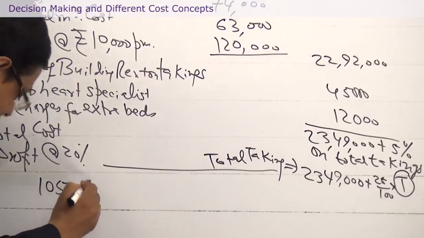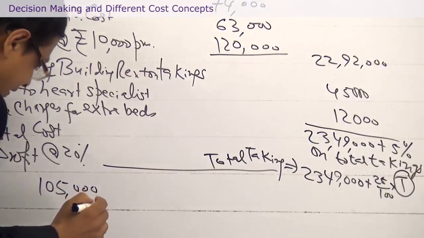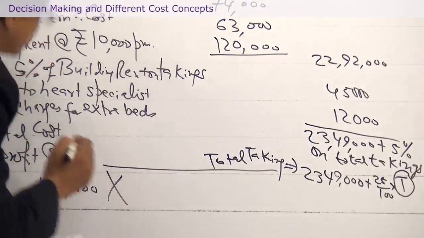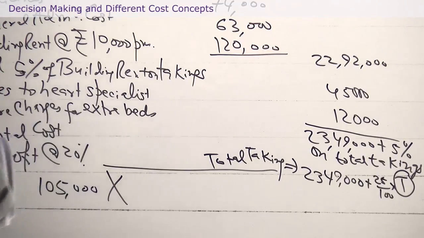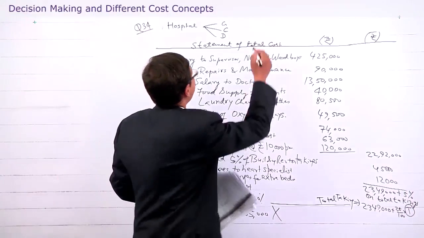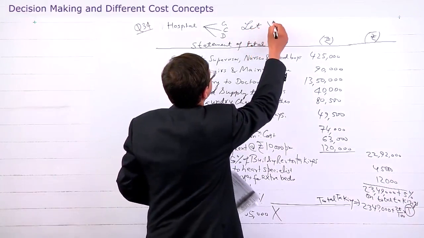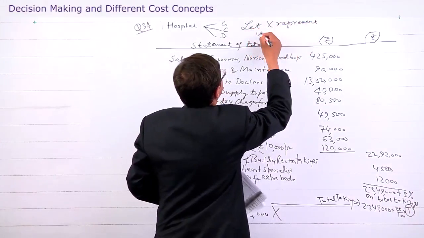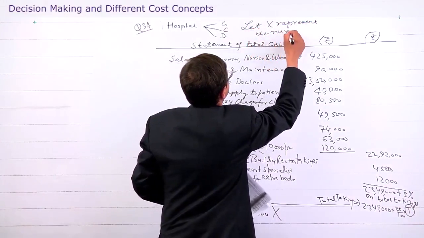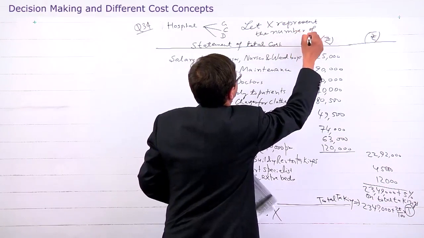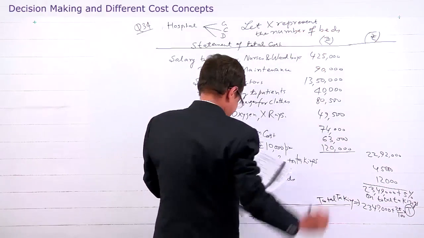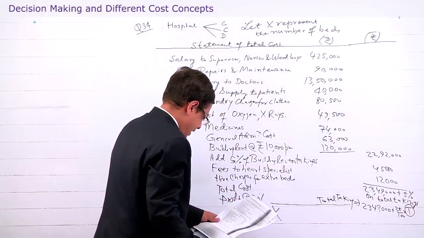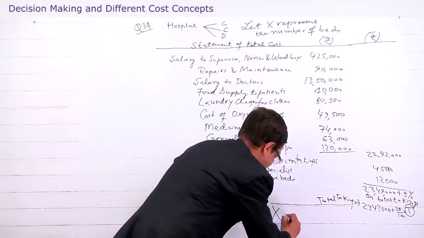1,05,000 multiplied by x. Why x? Because let us assume we are using x for the number of beds. So I write it here. Let x represent the number of beds. So 1,05,000 x is equal to